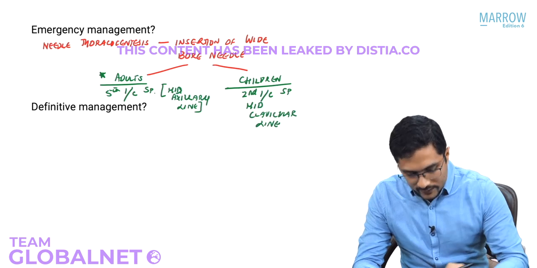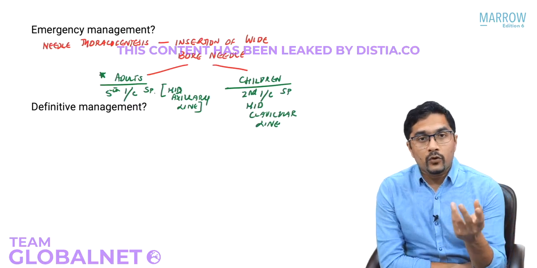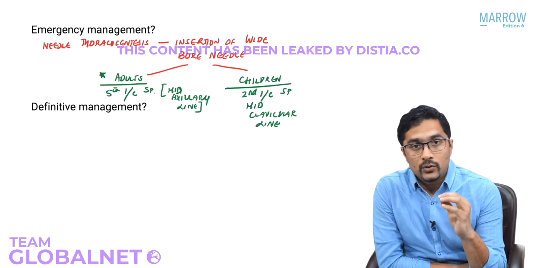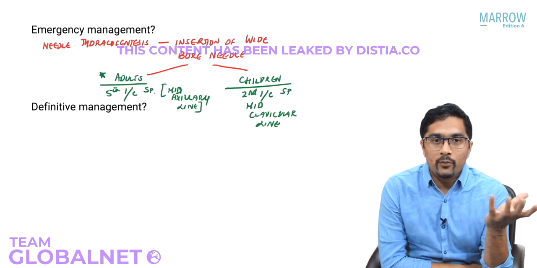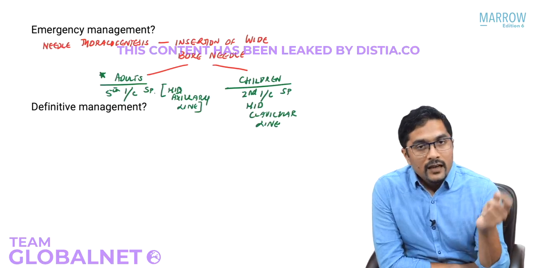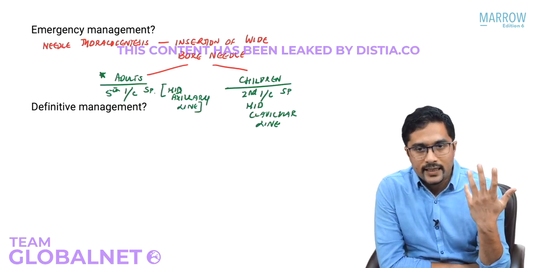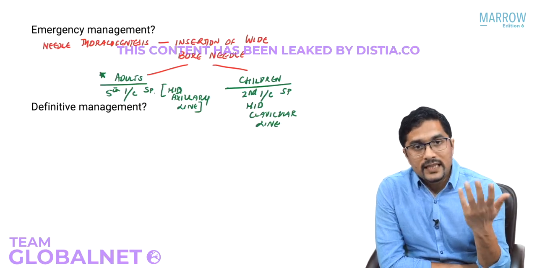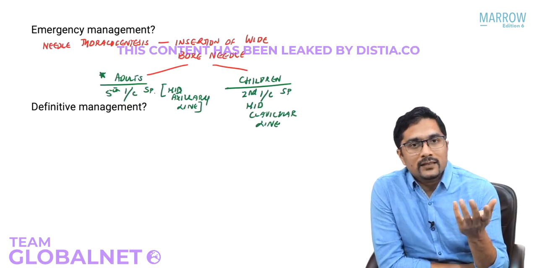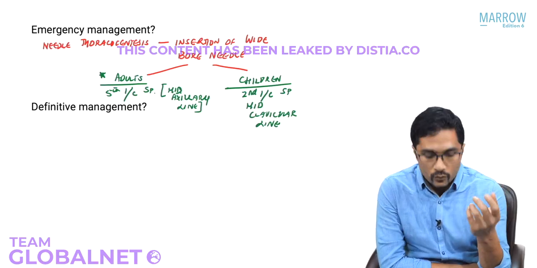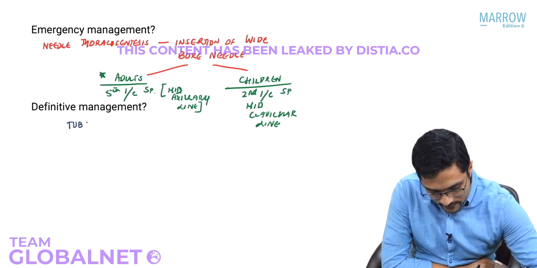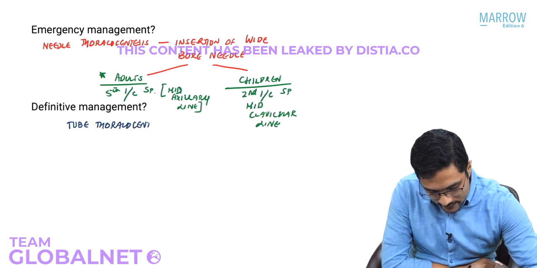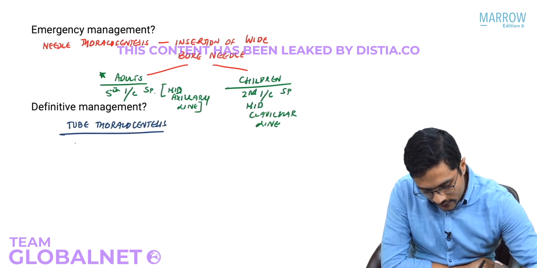And if you've ever done this, you would see that there's dramatic improvement in the vitals as soon as you do this. We've done this quite frequently when I was doing my post-graduation and senior residency. When you put this needle, you hear a hissing sound, and you would see within a matter of seconds that the patient's vitals are improving. The definitive management is tube thoracocentesis. That is insertion of a chest tube,